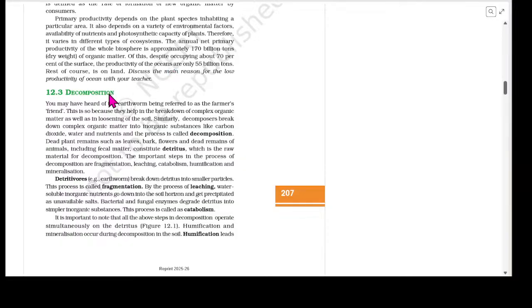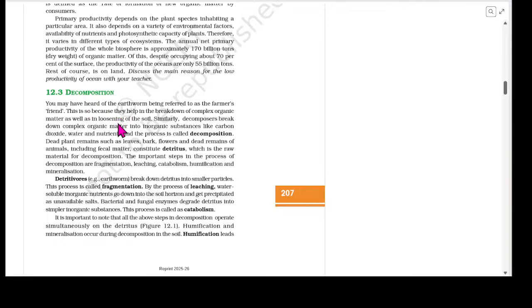Next step is decomposition. The steps of decomposition are very important and have been asked from this chapter n number of times. So read this part very well. You may have heard of the earthworm being referred to as the farmer's friend. This is so because they help in the breakdown of complex organic matter as well as in loosening of the